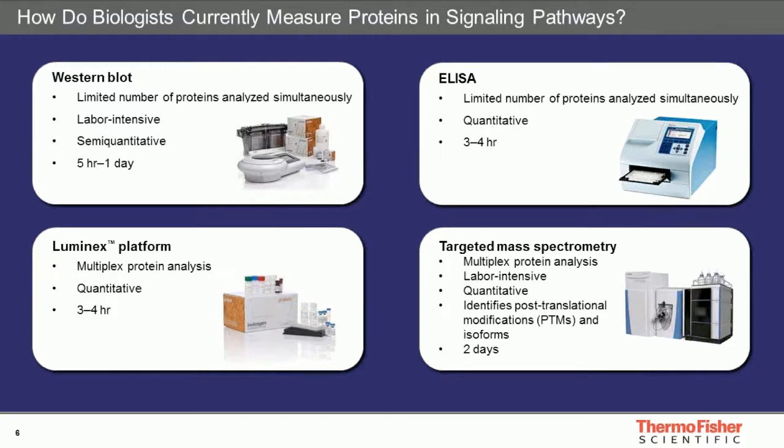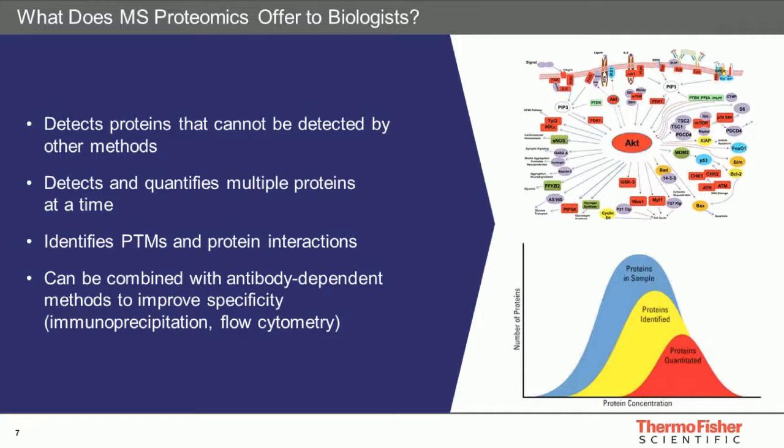So comparing those 4 methods, it appears that mass spectrometry-based techniques have a number of advantages that would be well suited for cellular pathway analysis. Because mass spec is an unbiased detector, particular strengths include that it allows you to detect proteins that cannot be detected with other techniques, as we mentioned before, something like most post-translational modifications. It's naturally multiplexed. It has a very big benefit when it comes to specificity, as mass spectrometry is very specific in detecting proteins or proteoforms. And most importantly, it can be used in combination with antibody-based methods to improve the dynamic range of measurement